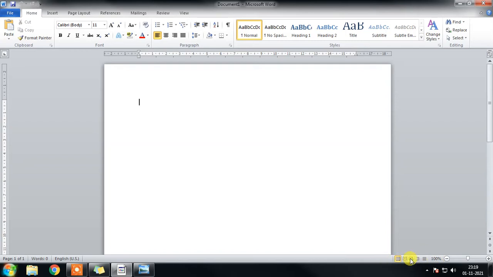When we open a new document, in document information we see three items, but when we start writing something in the document, then we see another item that appears here, and these four items are: the first one page number, next one word count, this one proofing error, the final one language.